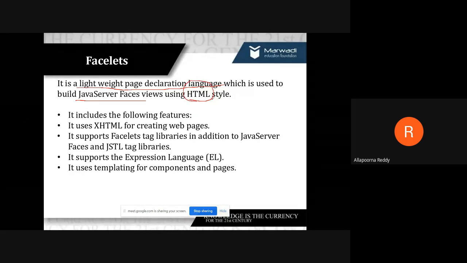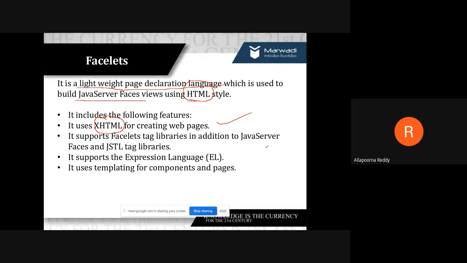It is a type of language, but it is using HTML style, right? And I told you yesterday, I have shown you, it uses one markup language. What is the markup language? Extensible Hypertext Markup Language for creating your web pages.